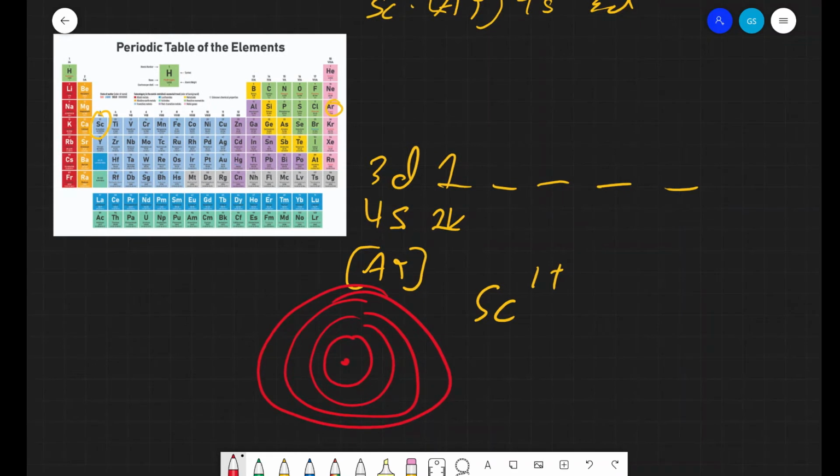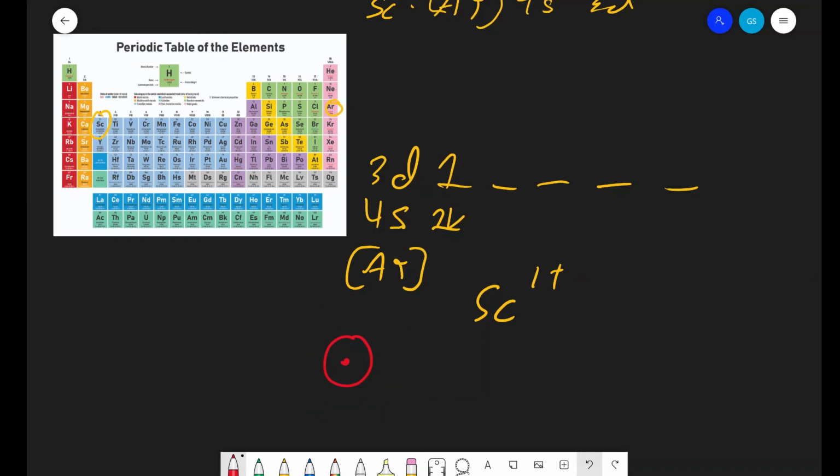When we're peeling off electrons, we're always peeling it off from the outermost layer. Now, you may be tempted to peel it off from 3d because you think that's the outermost layer, but it's not. The outermost layer is dictated by the number n, and we know 4 is greater than 3. I have 4 cookies, you have 3 cookies, I have more cookies than you. Same idea. So we would actually peel off the 1 electron from the 4s orbital and not the 3d orbital,